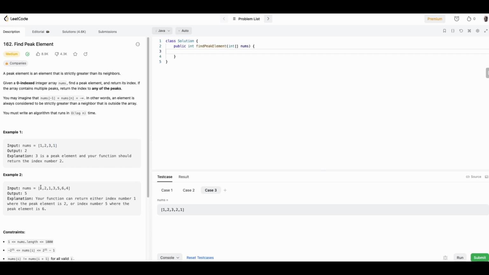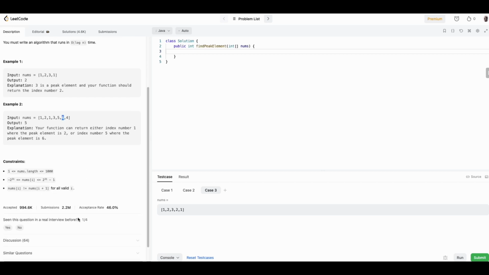And it's possible that inside of the input array there'll be multiple peaks. Here it goes up to 1, 2, and then reduces back to 1. And then it starts increasing in 1, 3, 5, 6, and then goes back to 4. So either of the two indexes, the index of 2 or the index of 6, they're the peak elements. Also, another thing they've given to help us is that nums[i] will never be equal to nums[i+1]. So when you're doing a comparison between two neighbors, they will either be in increasing or